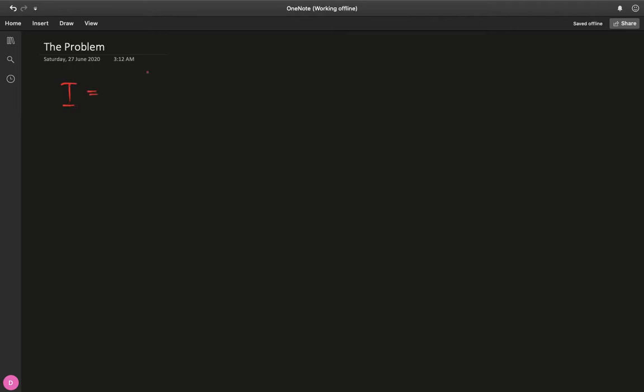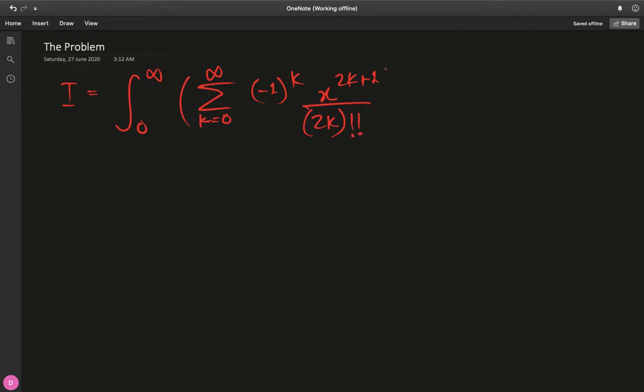Say we have I, which is defined as the integral from 0 to infinity of the sum from k equals 0 to infinity of (-1)^k times x^(2k+1) divided by (2k)!!, multiplied by the sum from m equals 0 to infinity of x^(2m) divided by (2m)!!, the whole thing squared,